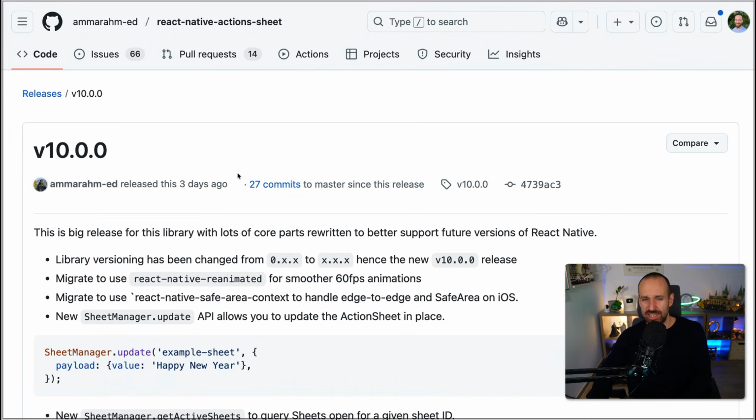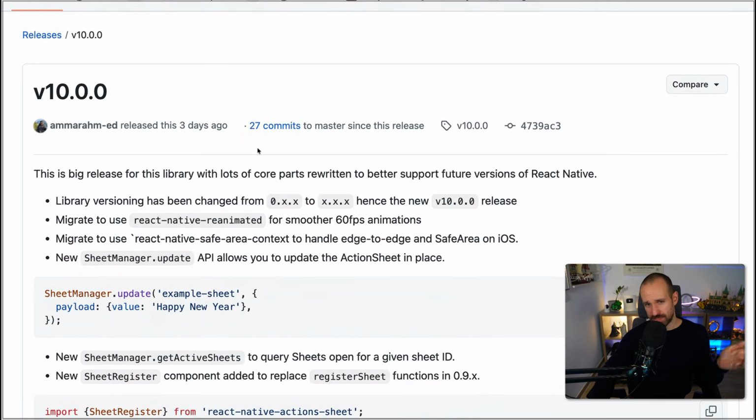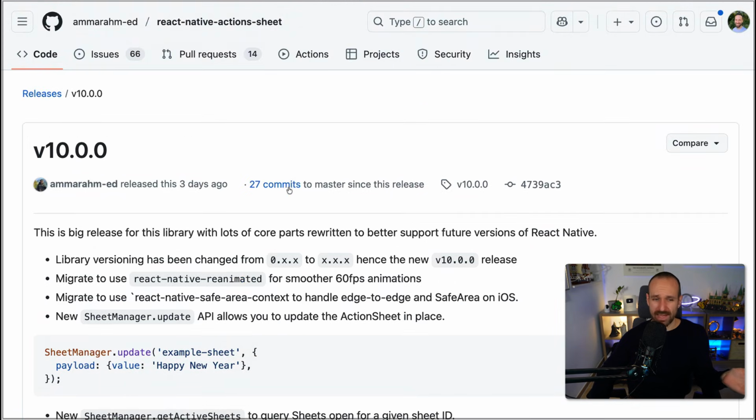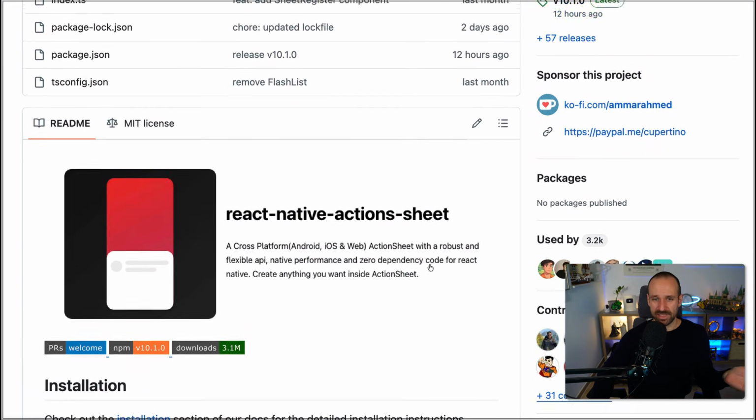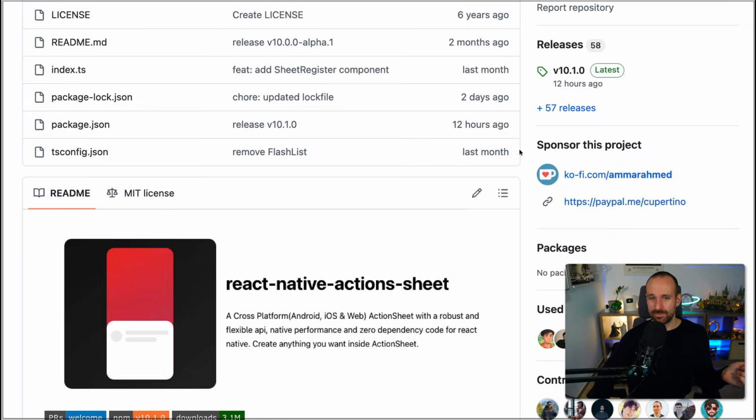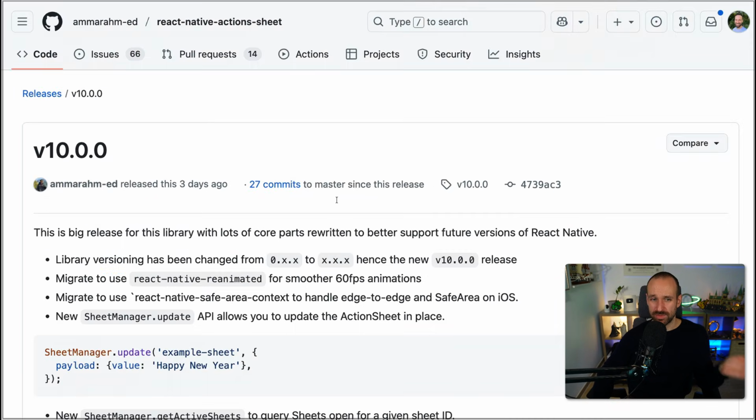Anyway, React Native ActionSheets brings up this little action sheet from the bottom. And just like with Gorham bottom sheet, with True Sheet, like with all these sheets, I don't know how far we still need them. The answer is probably we still need them, but you can get very far with Expo Router and setting the presentation to form sheet. That will give you a bottom sheet. The action sheet might be slightly different. I honestly don't know. I don't see any examples here. It looks very much the same. Maybe it has better cross-platform support, but